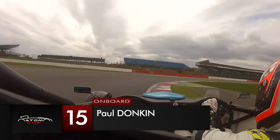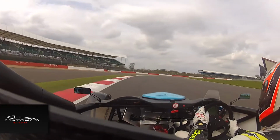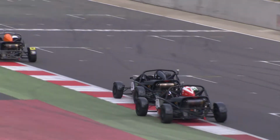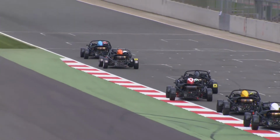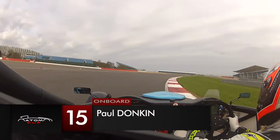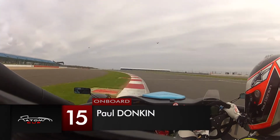Nick Whitehead on the brakes into Vale. Lovely move for second position from Paul Donkin. Assertive stuff. I suspect that Nick Whitehead and Richard Marler will look to fight back in fairly short order. Also Rob Austin and Lewis Cook remaining very much part of this battle, as is Matt Pryor as well. Really most of the field all running together as Donkin